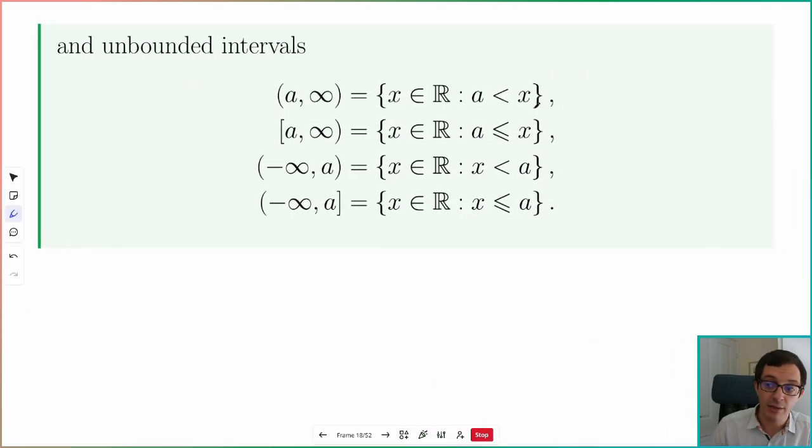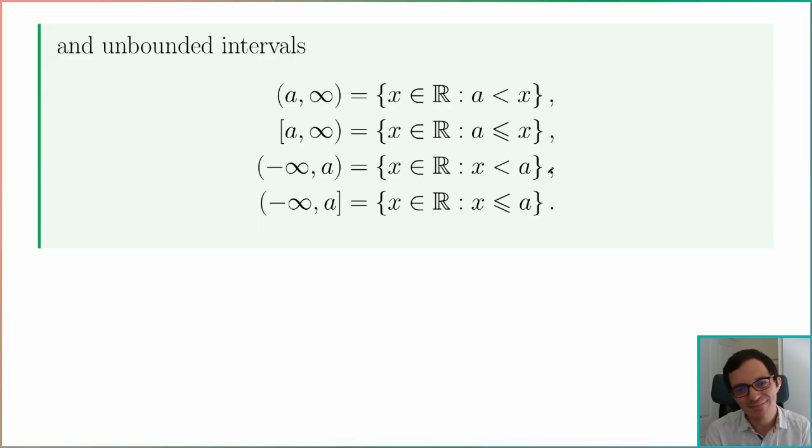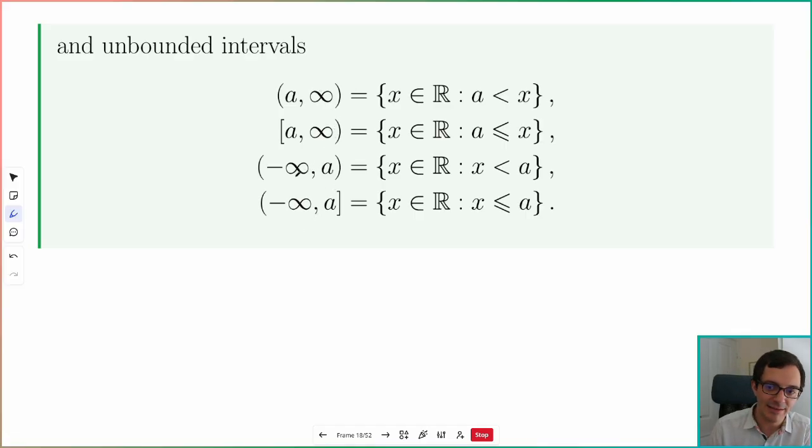So on the right here, I have just single inequalities compared to a single number a. We might be interested in the numbers x that are larger than a or less than a, and we might include a or not. And the notation for this includes this infinity symbol, which is like a sideways 8. And in the notation on the left, you'll notice that it might be a negative infinity over here to indicate